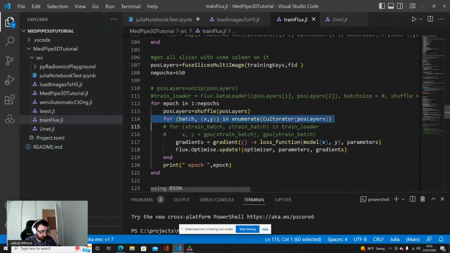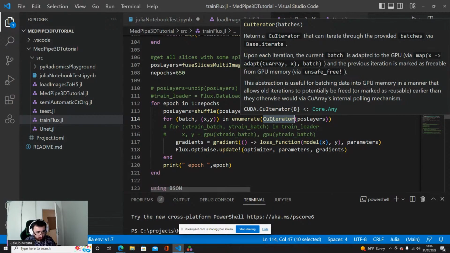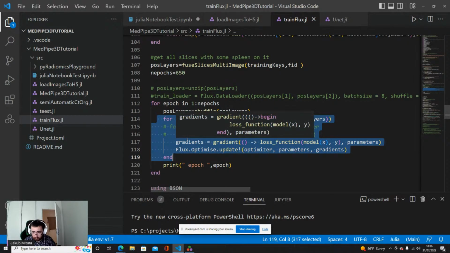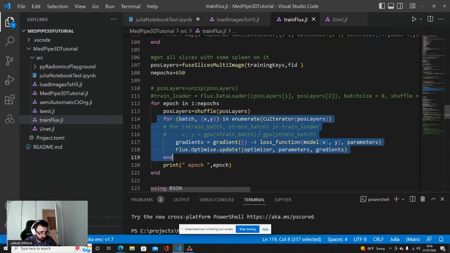Then I'm loading the data onto the GPU using the function from CUDA.jl, the iterator. It works extremely well in passing the data onto the GPU. Then this is a classic GPU training cycle. We are checking the gradients and optimizing using those gradients.